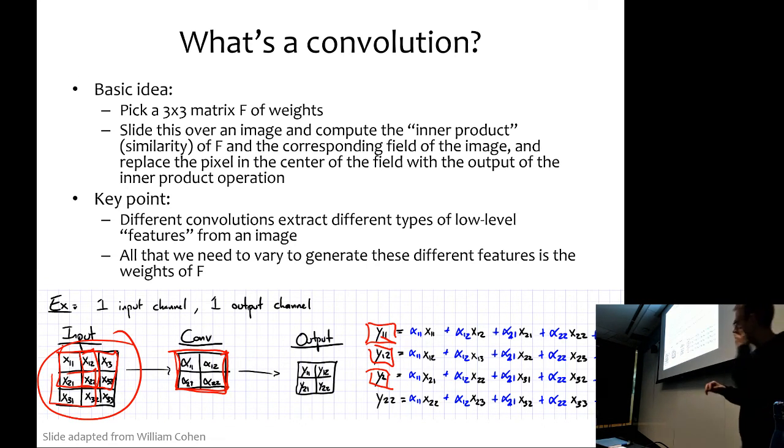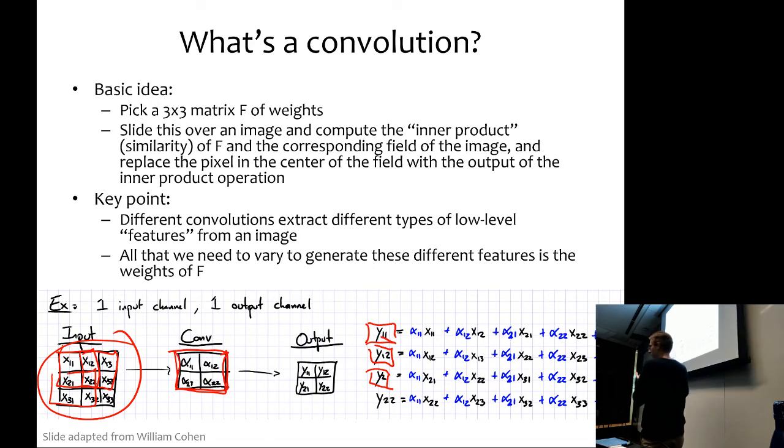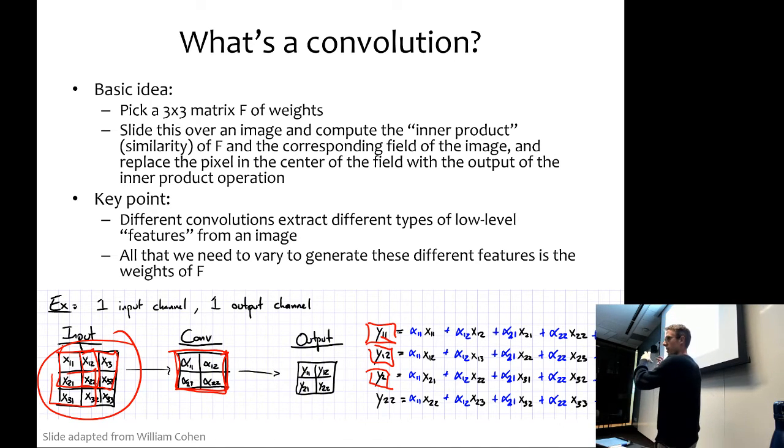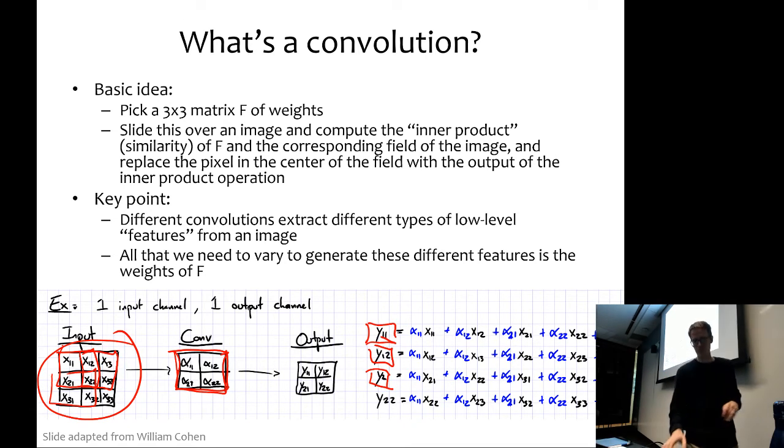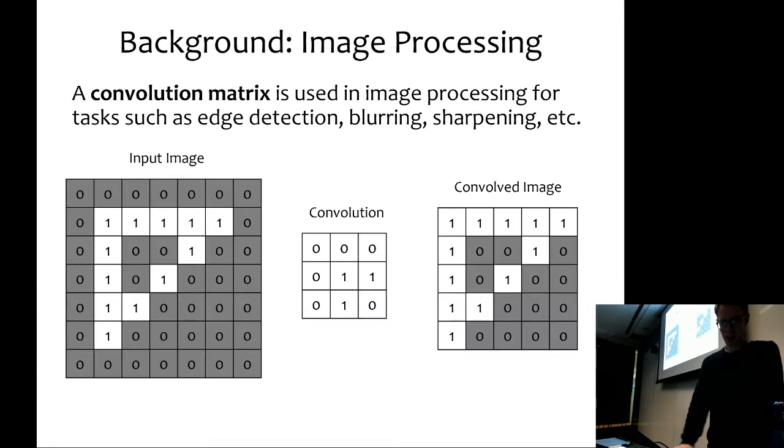And so here, by dot product, what I really mean is an inner product of 2 matrices, right? You could imagine just taking that matrix and stretching it out into a vector, and then taking the dot product of those 2 vectors. Okay. So let's actually look at an example of this.